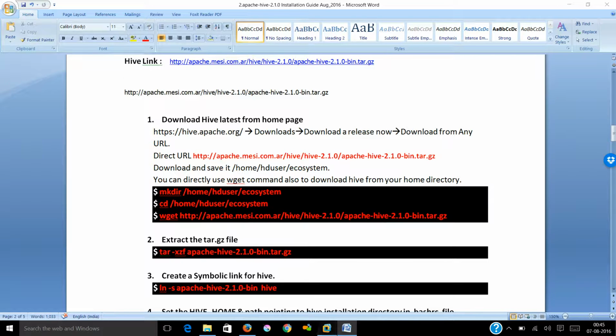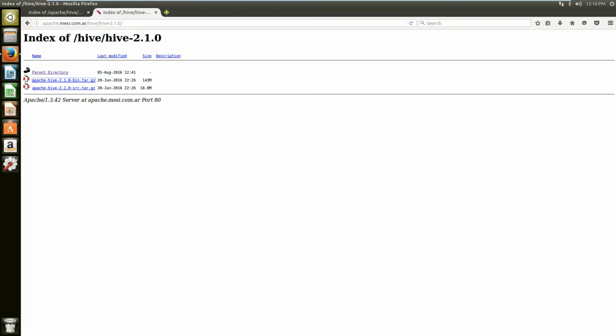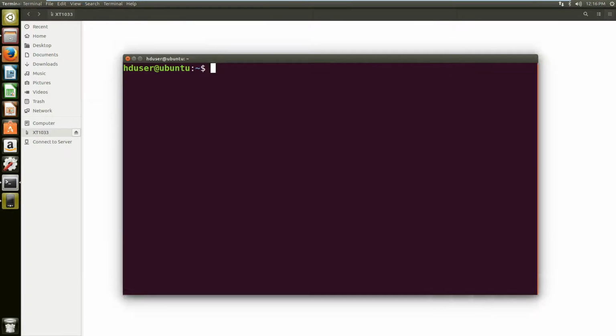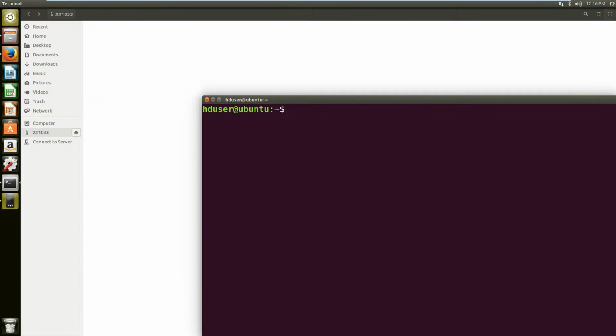Now what we will do, we will go to this user folder. Click on this. Okay, this is called the user home. Now here let's create a folder called ecosystem. You can create it from here, otherwise you could create it from the terminal also. We are here and let's go to home.